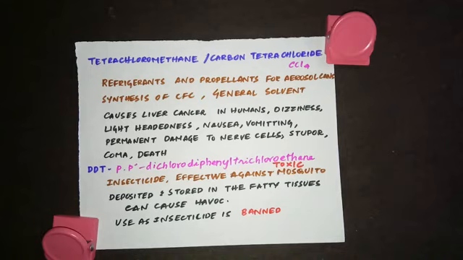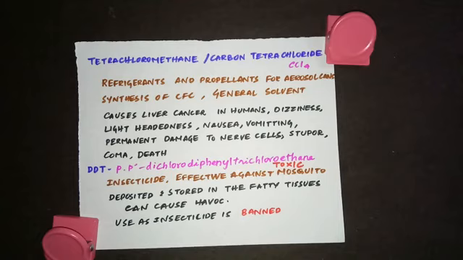And after knowing the harmful effect of DDT, many countries have banned the use of DDT as an insecticide. Even in India, the use of DDT is banned, but many other countries are still using it as an insecticide due to lack of awareness. So this is all about polyhalogen compounds. And that's the end of the lesson haloalkanes and haloarenes.